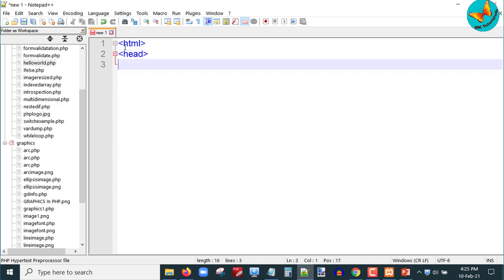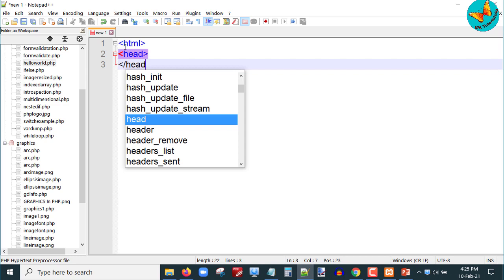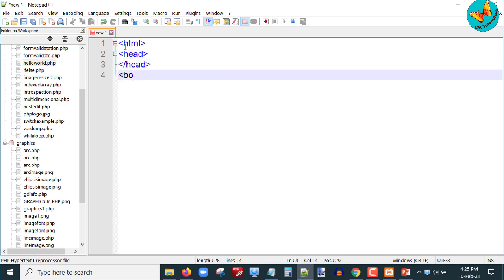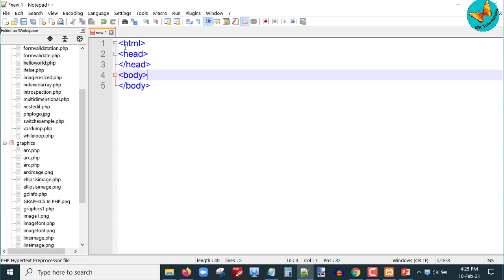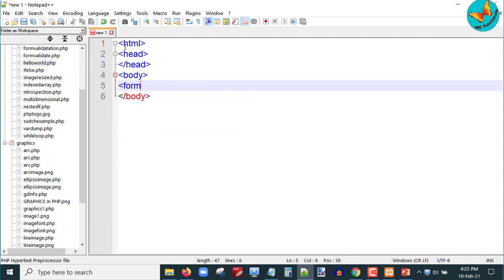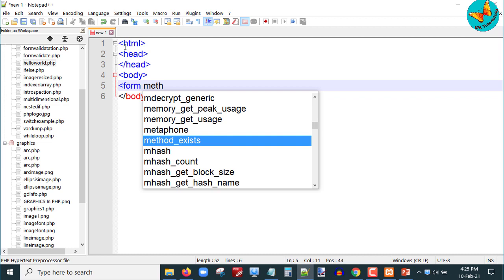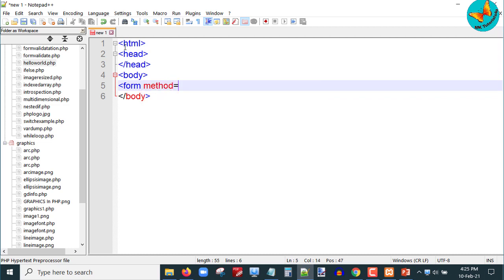I will start with the html tag, then the head tag, then under the body tag, I will first put the form tag, and since after entering the data, I want the data to be sent using the post method, I will use method equals post. Since I am not sending this data to some other PHP file, I will keep the action attribute empty.